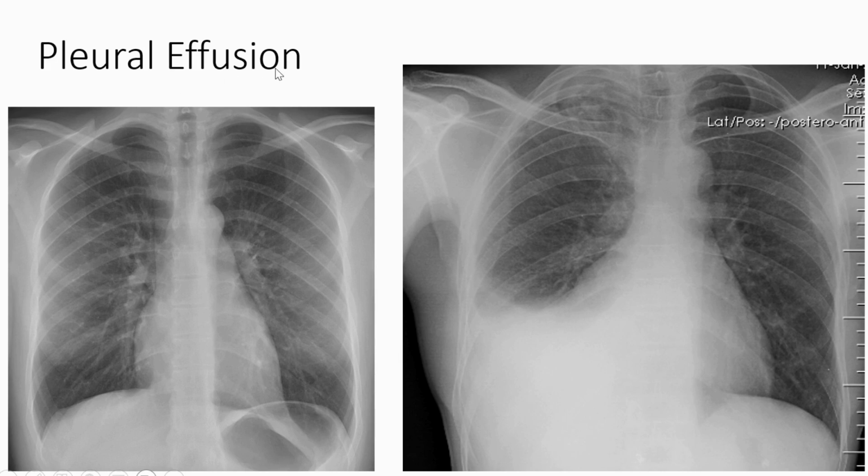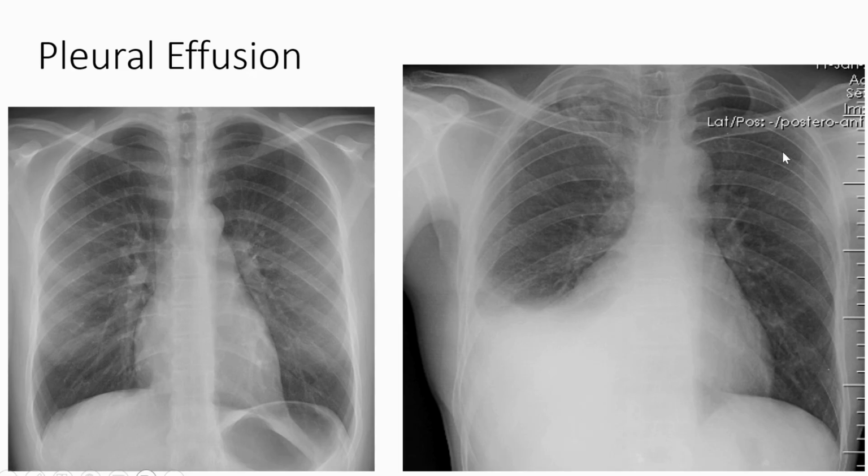Now pleural effusion. This is the accumulation of fluid within the pleural space, that is, in between the two pleura, that is, visceral or parietal pleura. Up to 200 ml of fluid cannot be visualized in the chest X-ray. If more than 200 ml, it is visualized in chest X-ray. At first, it appears as costophrenic angle blunting, whereas as fluid increases, it shows homogeneous radio-opacity with meniscus sign. The upward concavity of fluid is called meniscus sign or Ellis